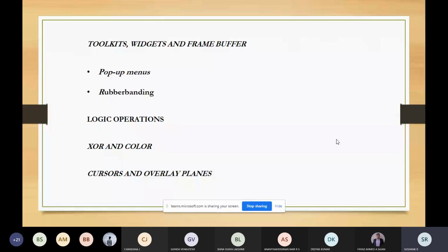Okay. See, I was talking about these logical operations. For functions in logical operations, we have two kinds of functions which give us the writing mode. The first one is called the replacement mode, and the second one is called the exclusive or mode.